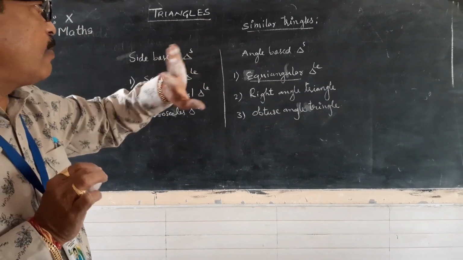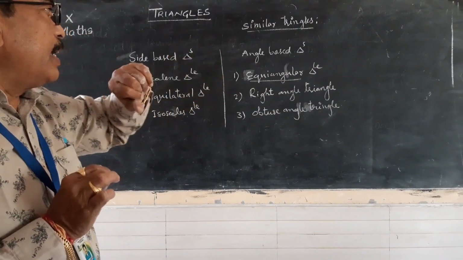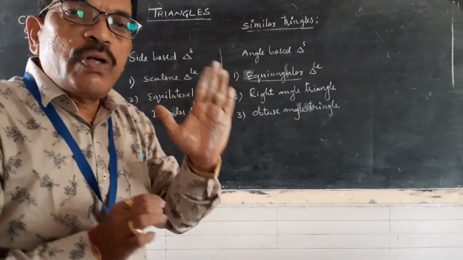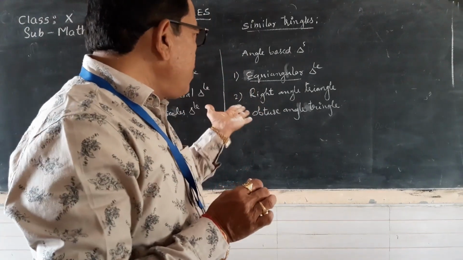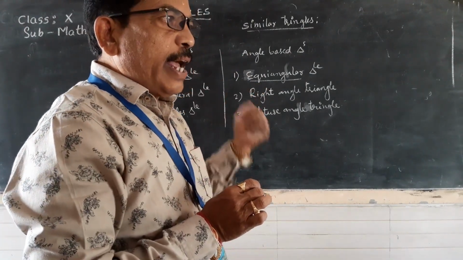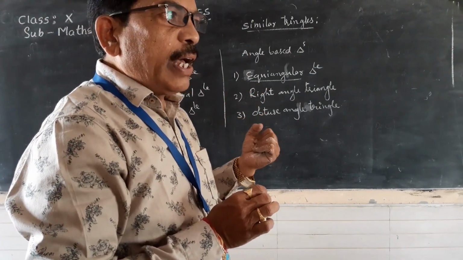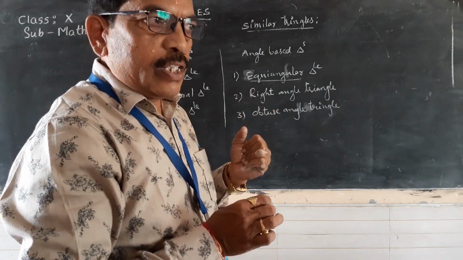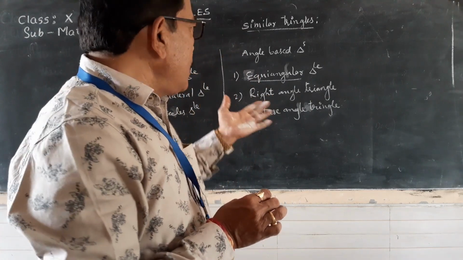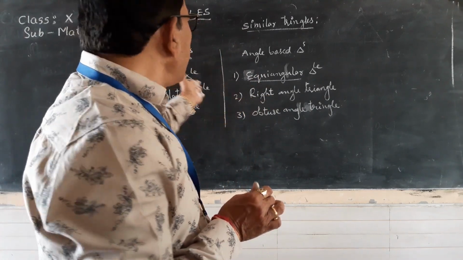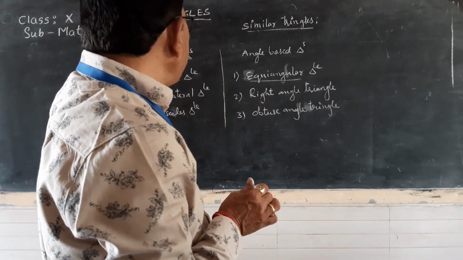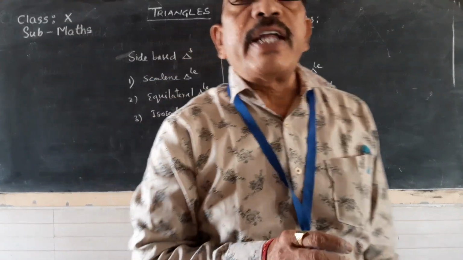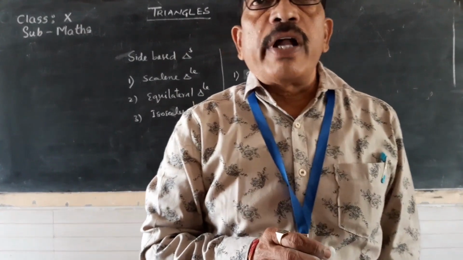Then the right angle triangle, having one of the angles equal to 90 degrees. Then the obtuse angle triangle, having one of the angles more than 90 degrees. So these are the side based triangles as well as angle based triangles. Now write down